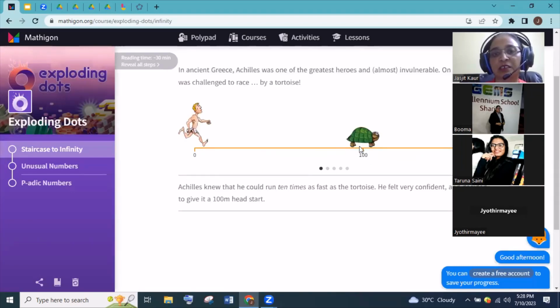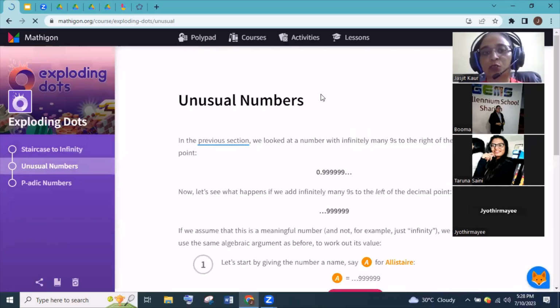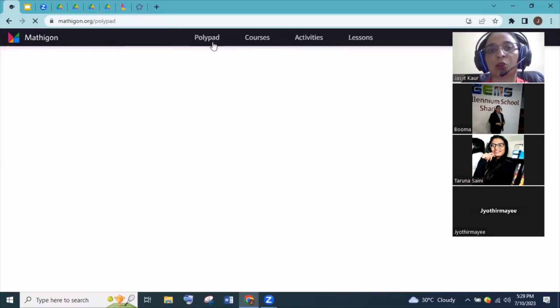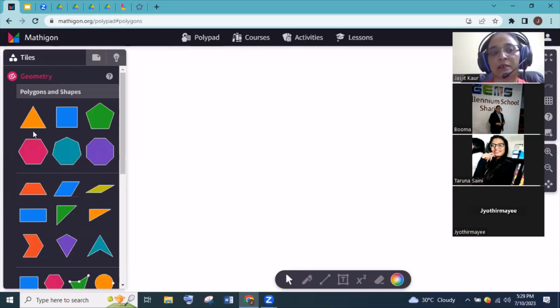They come to learning, and we are moving them to the next phase. These are the activities for us also to gain more knowledge about conceptual understanding. And if we click on the polypad, ample varieties are there.